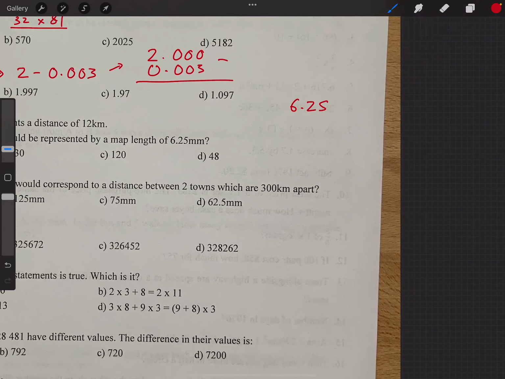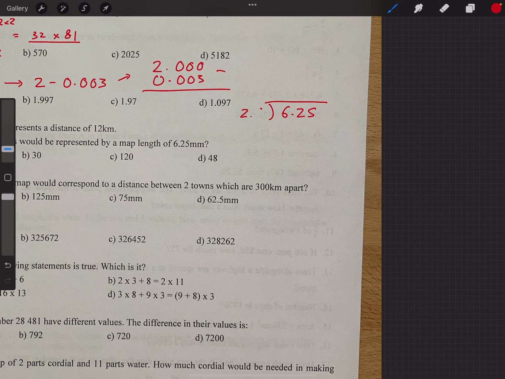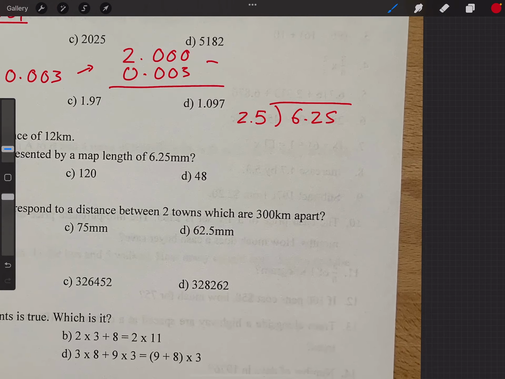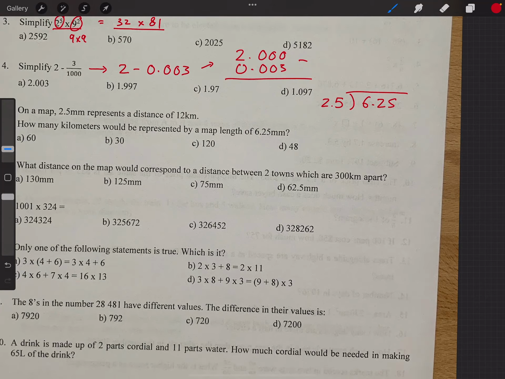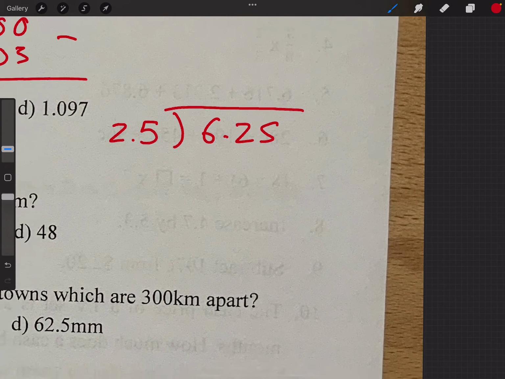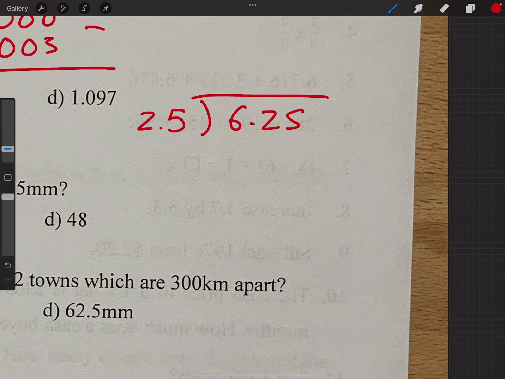6.25, we're going to divide it by 2.5. Okay. And see how many of those are in there. Alright, so how do I do this? What's the best way to do this? I know how to do this, just finding out the best way to teach you, so let me think. Alright, let's just divide it. Alright, so first of all,